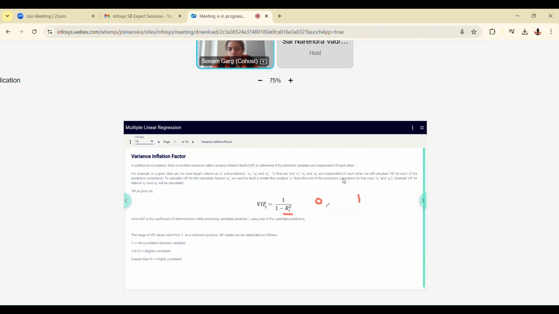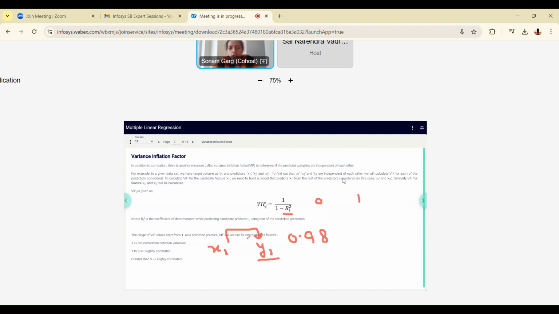So if your score is, let's say, 0.98, it means, let's say I have done modeling, simple linear regression, and I have variables x1 and y1. I'm studying this relationship, and my coefficient of determination score is coming to be 0.98. It means that 98% of the variability in your target variable y can be explained because of x. It shows good relation between x and y. So if it is close to 1, it is a good relationship.